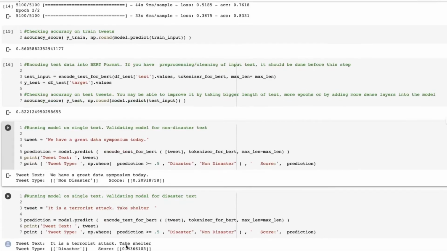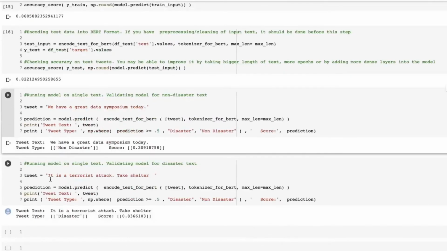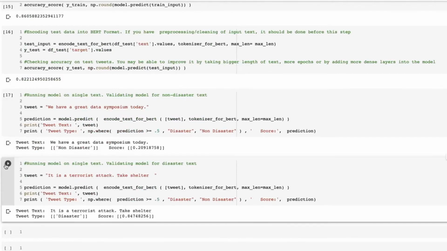And if I run this on text like it is a terrorist attack, take shelter, it gives a score of 0.84, which means it's a disaster type of tweet. So this completes the code for text classification. This is on the tweet data, but you should be able to use it for pretty much any kind of data.